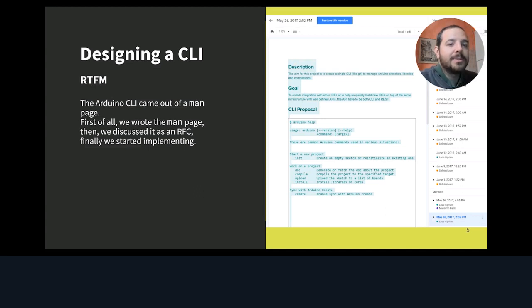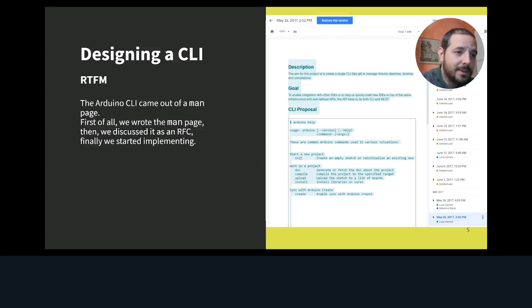The idea, where I started, was to write a document directly explaining the interface by writing a manual before it was actually implemented. So it really was a kind of design exercise. So I wrote, as you can see initially, something like arduino help was the first command that I designed, and I used arduino --version and --help,